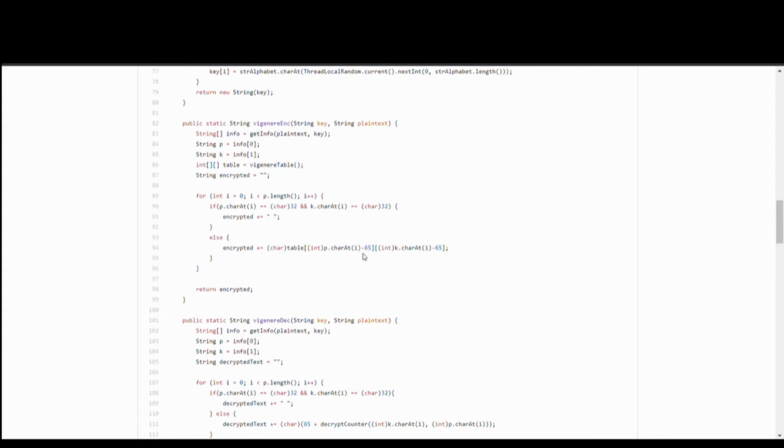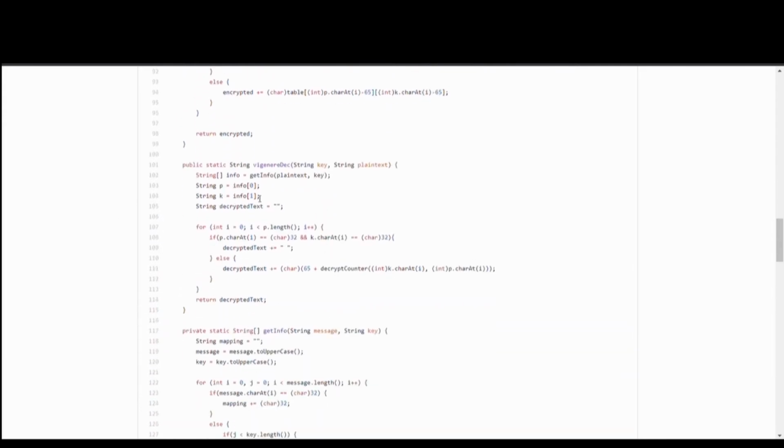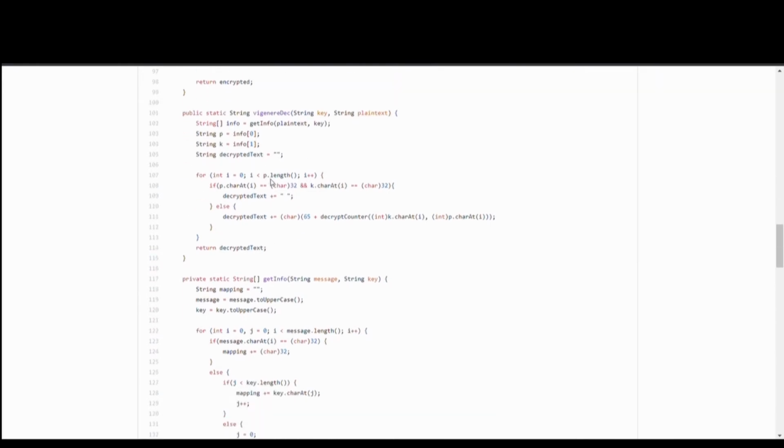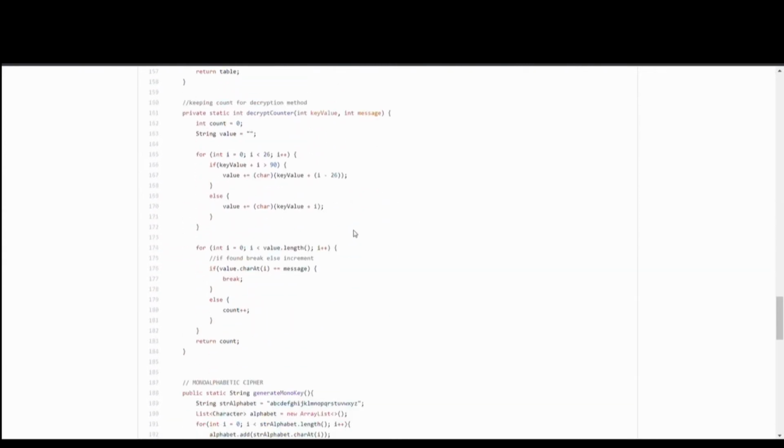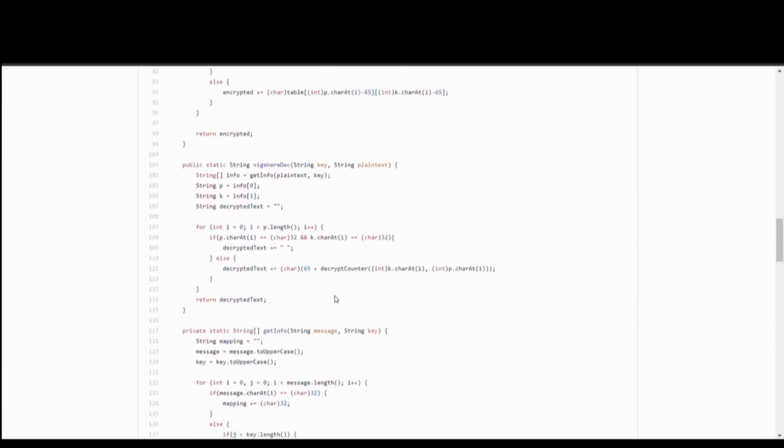Moving on to the decryption method, this one takes a key and the message as well, and does the same thing in the for loop. It will check if there's a space character. If there is, it'll skip, otherwise it'll decrypt the message as normal. Here I make use of a helper method, the decrypt counter, which is simply a method to help me keep count and have it increment as it goes through the decryption, and then it gets added on to the